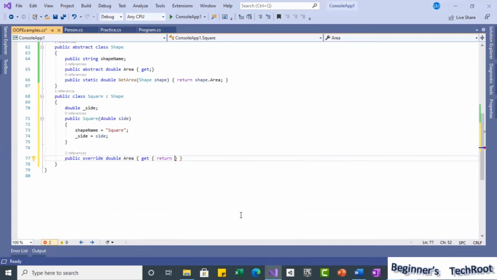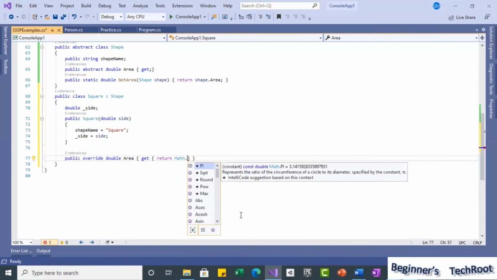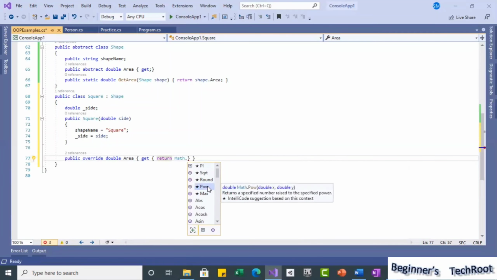Or, as we discussed earlier, there are a few mathematics-related functions available. There is a Math class, which is a static class, so we can use Math dot, and if you put that, many methods are available. In that there is POW, power.